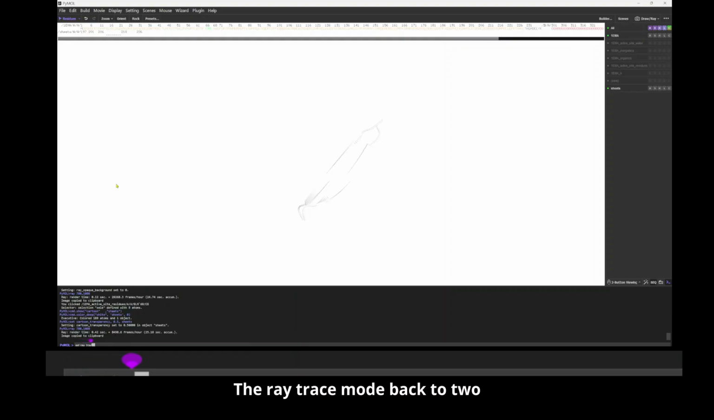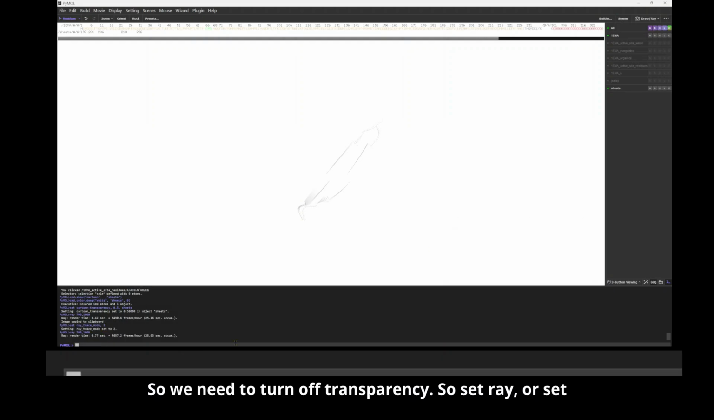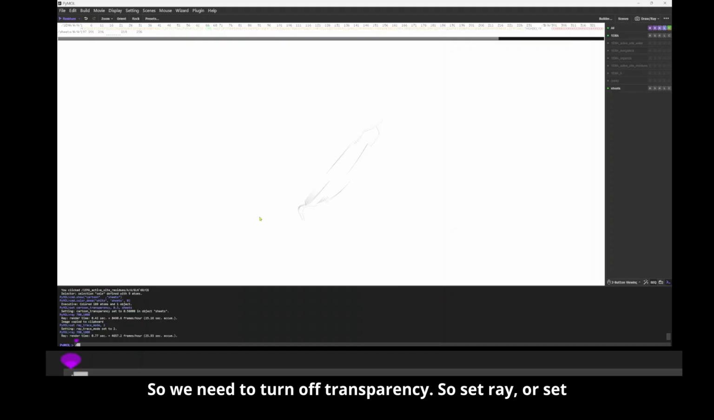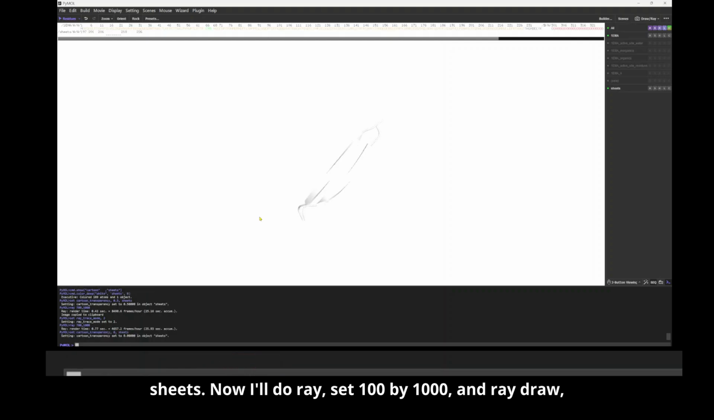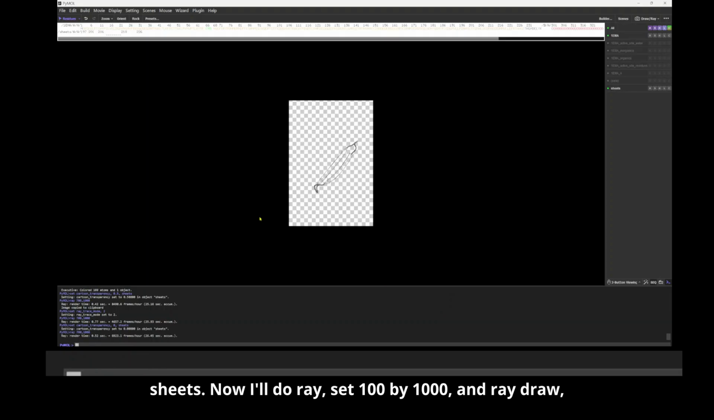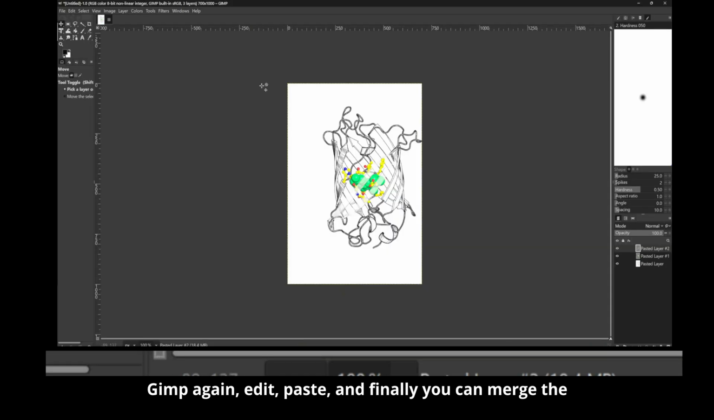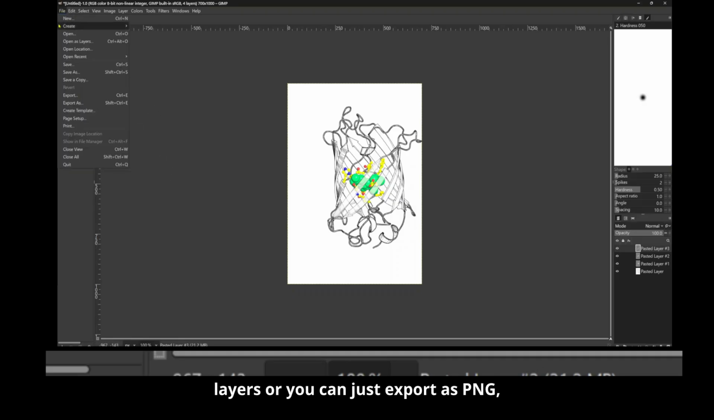And then finally, we'll go back to PyMOL and we'll set the ray trace mode back to 2. So we need to turn off transparency. So set cartoon transparency to 0 sheets. Now I'll do ray 700 by 1000 and ray draw, copy image to clipboard, go to GIMP again, edit, paste, and finally you can merge the layers